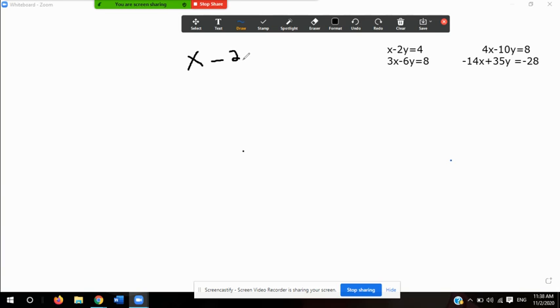And then once I have that, I can plug it into my equation. So x minus 2y equals 4. What you're going to do is simply add 2y on both sides. And this is going to cancel out, and I'm going to have that x equals 4 plus 2y. So once I have that, I'm just going to plug this variable expression into the second equation. So once I've solved this for x, I'm going to take this and plug it down here, okay? So what that means is that instead of writing 3x minus 6y, I'm actually going to say